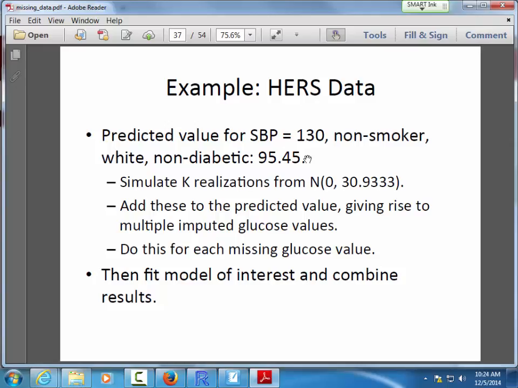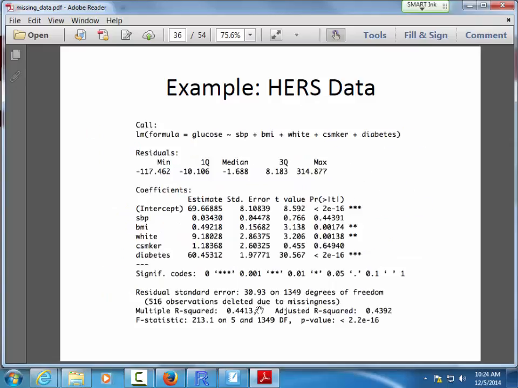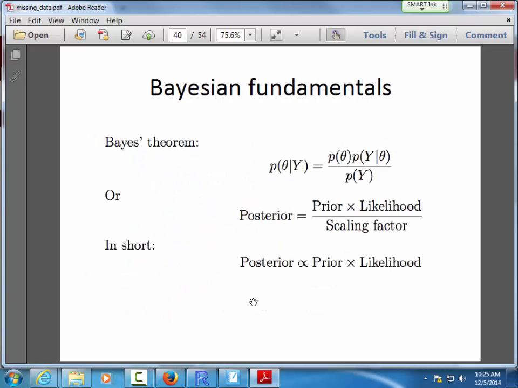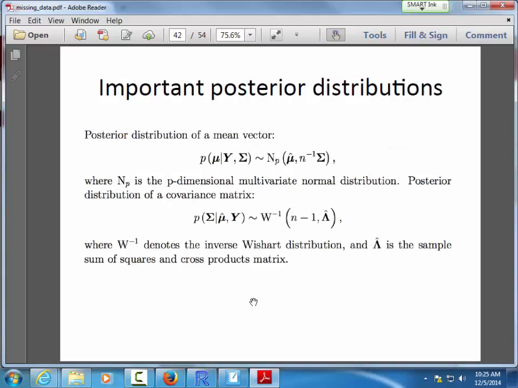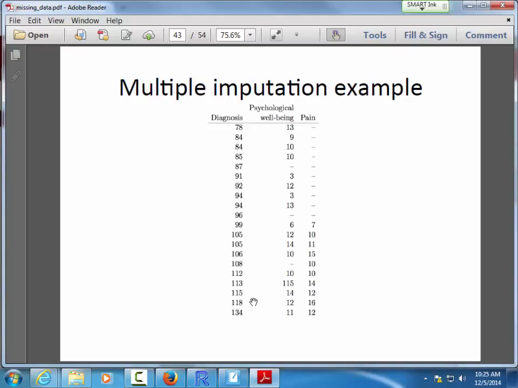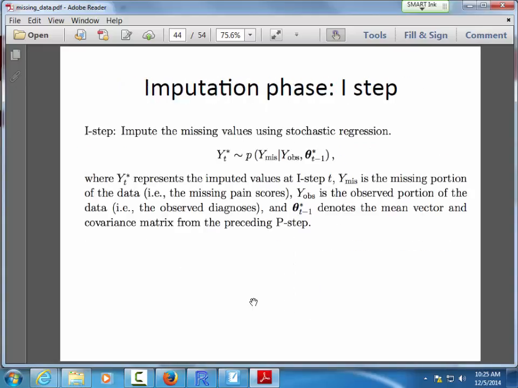But that's not exactly what I plug in for the imputed value. I plug that in plus a realization from this normal distribution, mean 0 with this residual standard deviation. So I'm adding in random error to account for the uncertainty involved in filling in a missing data point. Otherwise, I have the same problems that we talked about with single